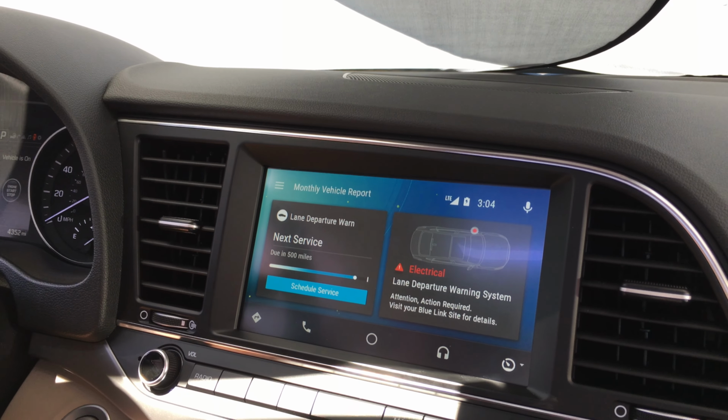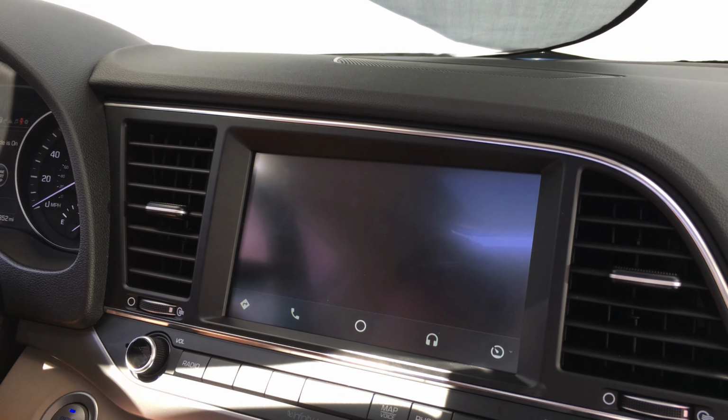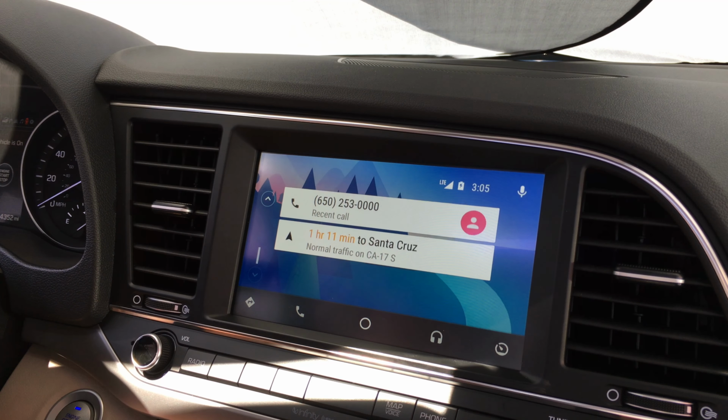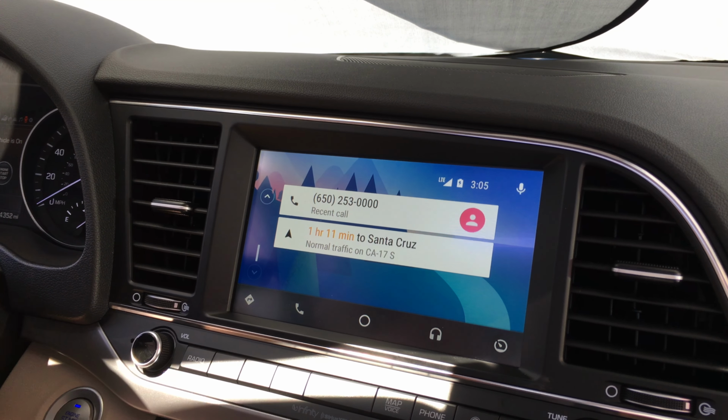So what is the center button? The center button is your home. Yes, exactly. You can think of it sort of like the notification drawer for your car. It gives